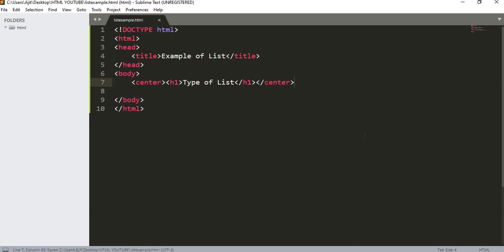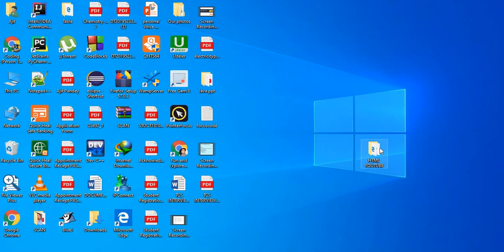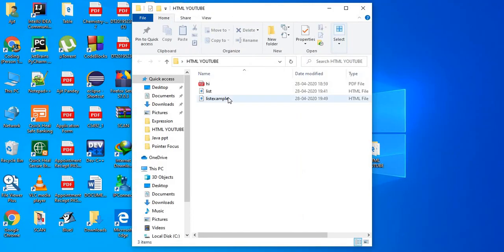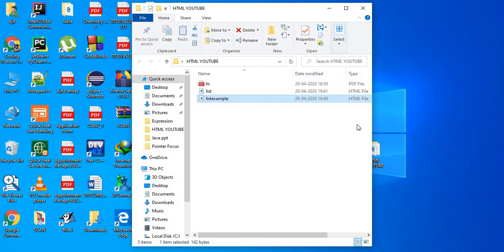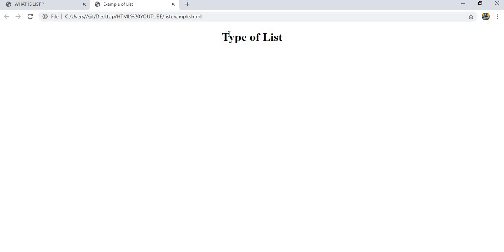So Control S. Here is the list example in this particular folder. Open with. As you can see, type of list, and this is the title of the page. Okay, fine.